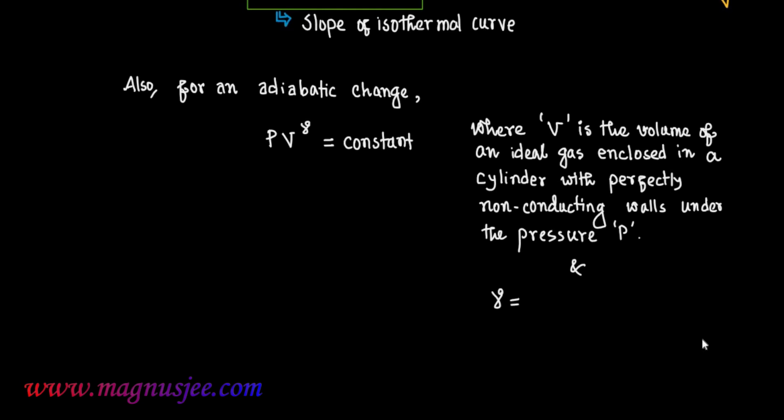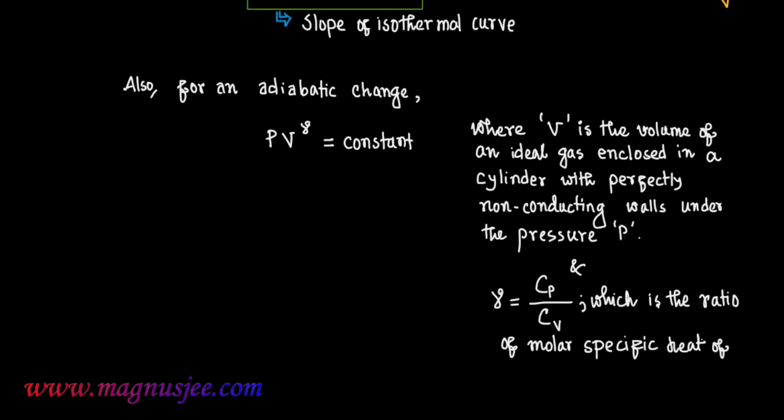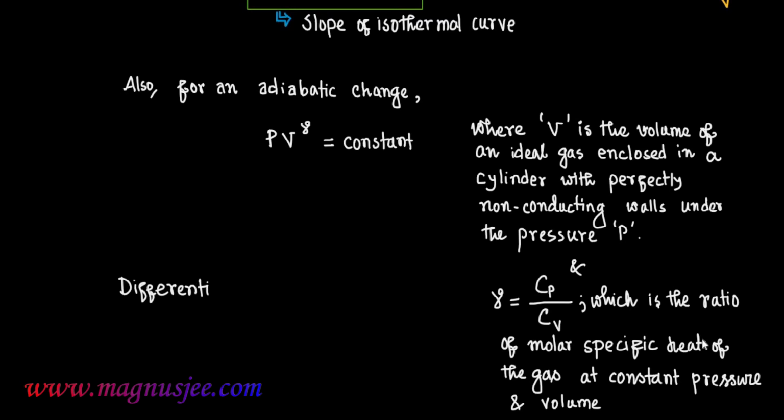For an adiabatic change, PV to the power gamma equals constant, where gamma is equal to Cp by Cv, the ratio of molar specific heat of an ideal gas at constant pressure and volume. Cp is the molar specific heat of the gas at constant pressure. Cv is the molar specific heat of the gas at constant volume. Gamma is the ratio of Cp and Cv. Differentiating PV to the power gamma equals constant, we get